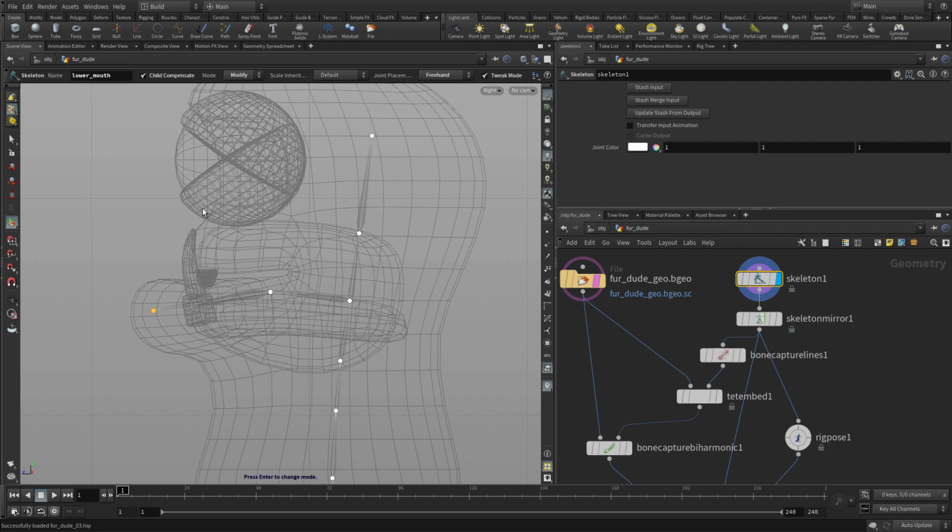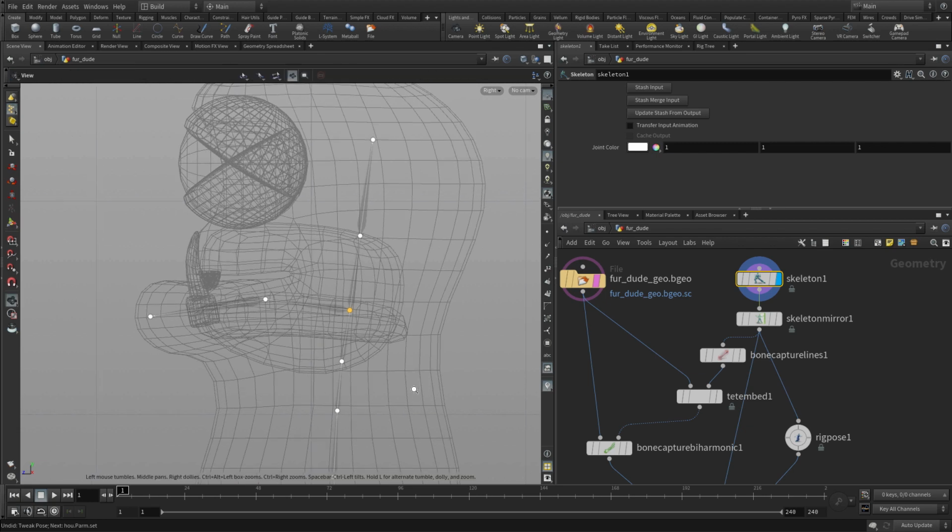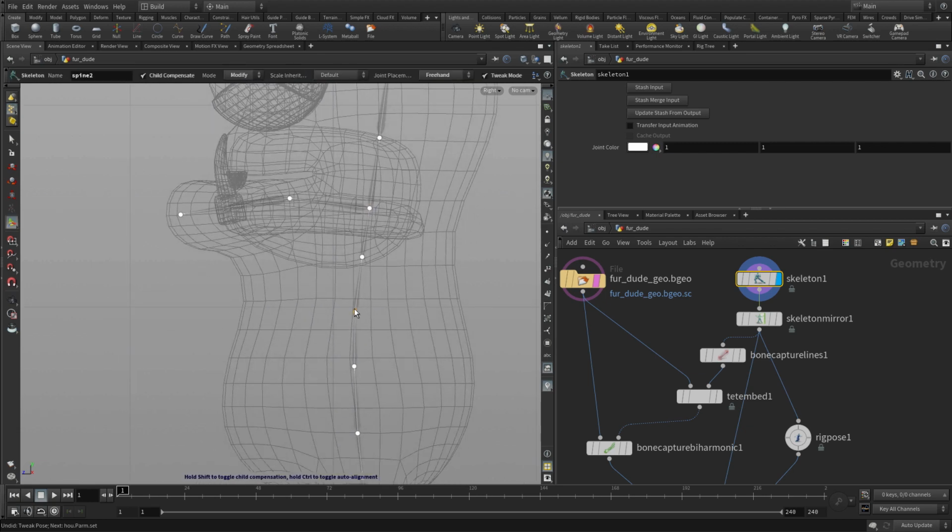Now, at this point, if you aren't happy with the positions of any of these, you can use tweak mode here and child compensate. So what happens is tweak mode will let you click and move joints around, and by default it will take the whole hierarchy with it. So if I click this, it'll take the whole hierarchy with it, which may not be what you want. You can also turn on child compensate, which will allow you to adjust each one individually and not worry about that. So if I want to put this a little bit there, or if I said, you know what, I want to even these out a little bit more,